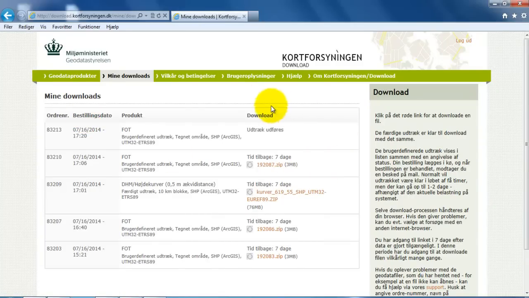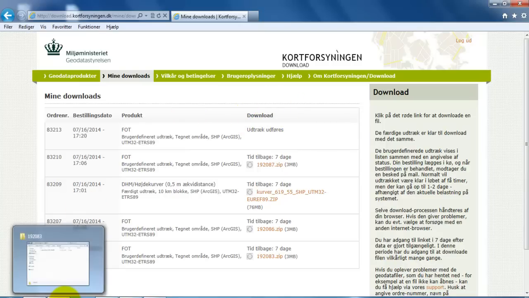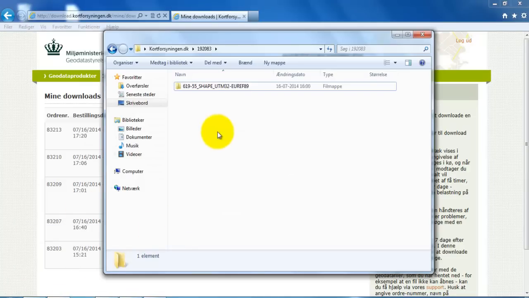And now I have a lot of different maps that I have downloaded, but the newest one is the one on top. And at the moment it's downloading the maps, and depending on the area that you have selected and also how busy the server is, it might take some time. But just to show you an example of some maps that I have downloaded, when you download the FOD data, you will get a